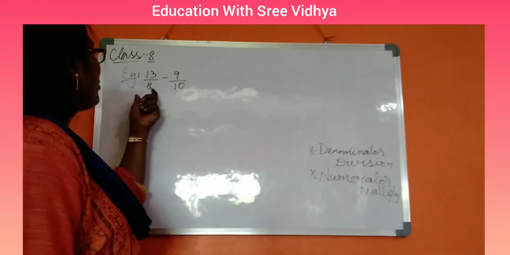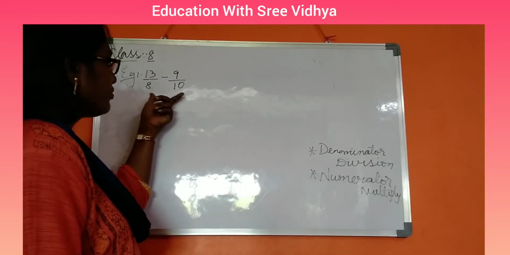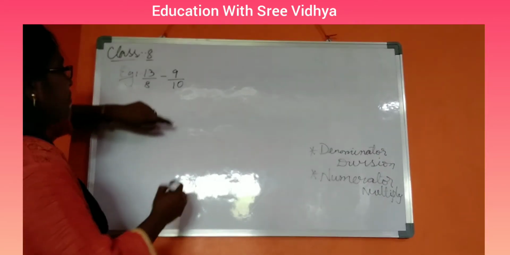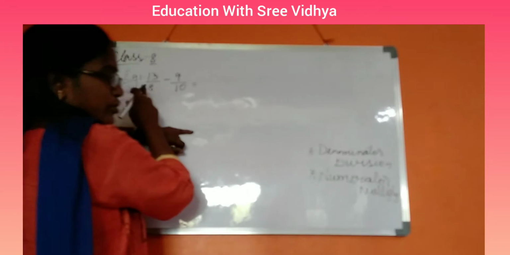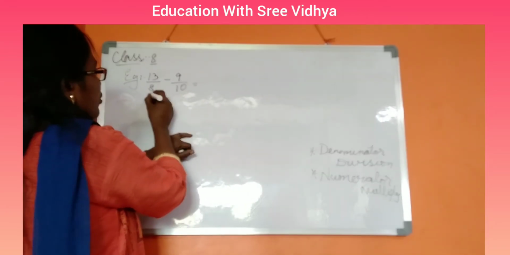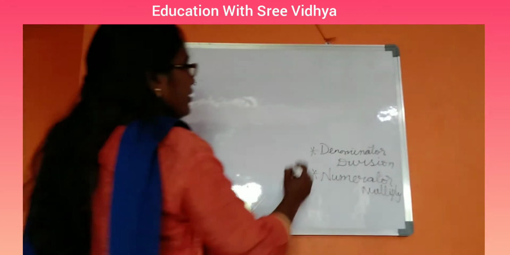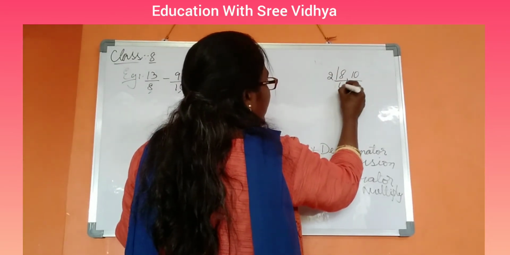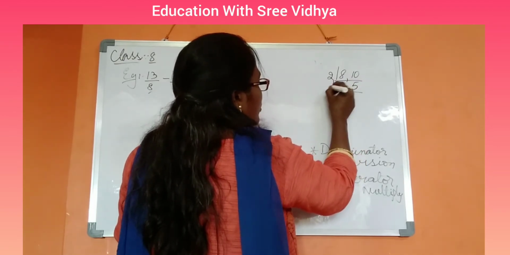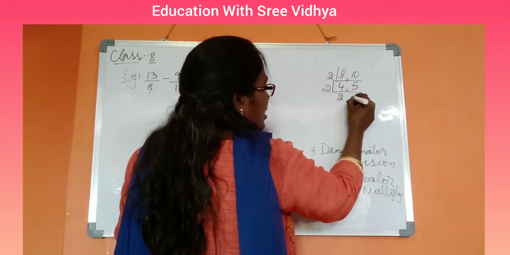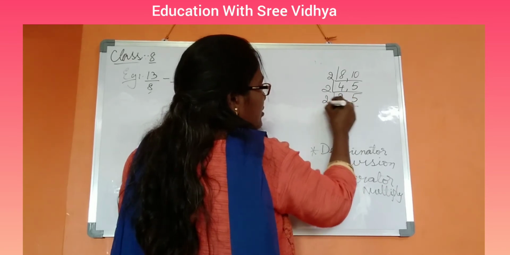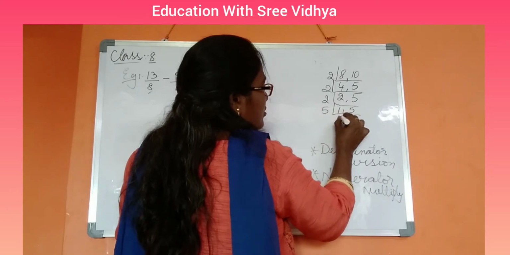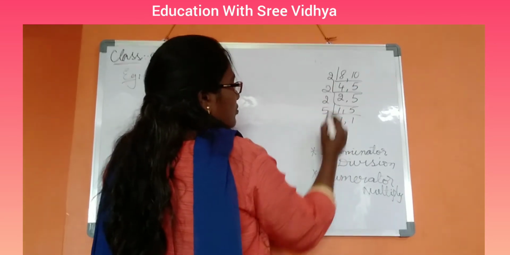Let us take one more example of rational numbers related to subtraction, children. So 13 by 8 minus 9 by 10. The same procedure follows for either addition or subtraction. So find out the LCM of 8 and 10. So 8 and 10. 2 4s are 8, 2 5s are 10. 2 2s are 4 and 5 remains as it is. 2 1s, 5 1s. 2 2s,